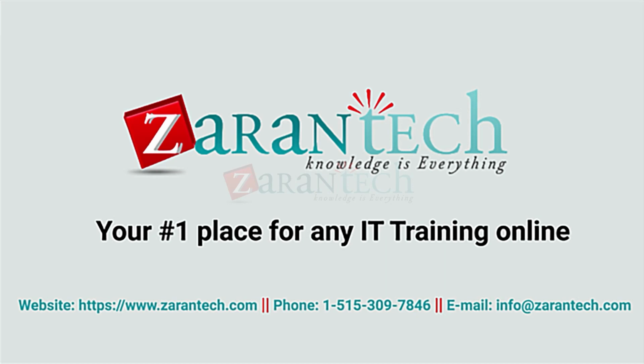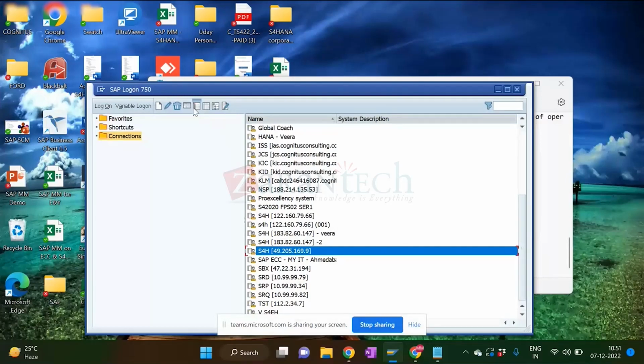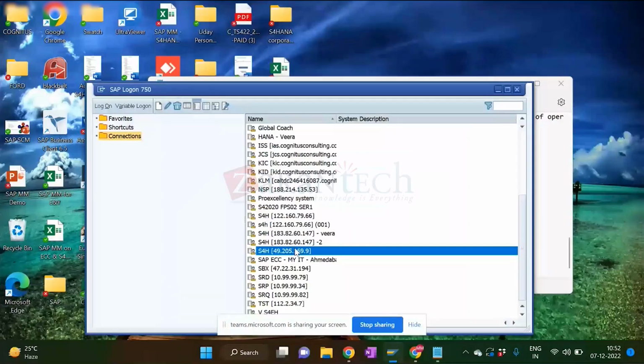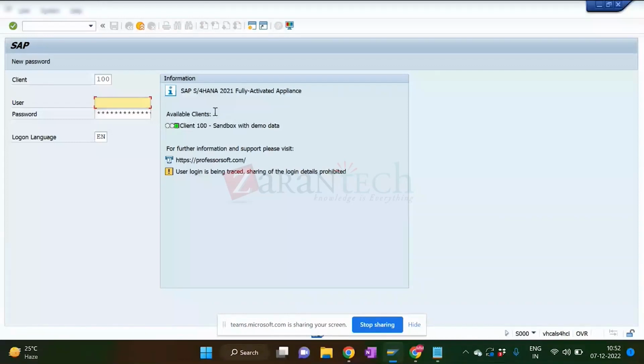That's okay. So the SAP GUI setup, with the connection you will be maintaining, in the properties you will be able to see the application server, instance, and system ID. Application server, instance and system ID would be given, which we will have to add so that we can log into the GUI, the graphic user interface. So when you try to log in, you see